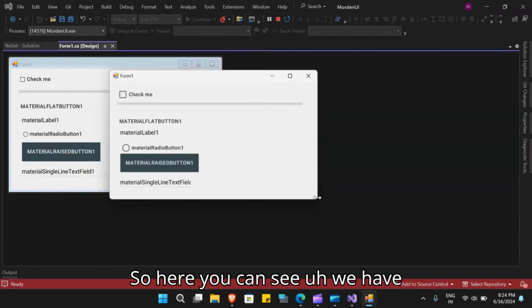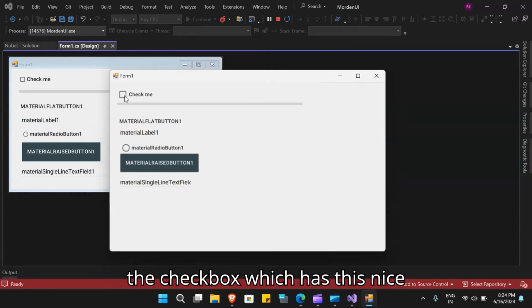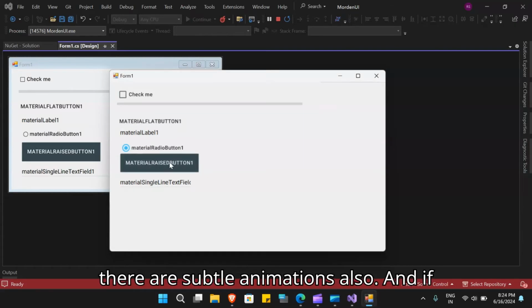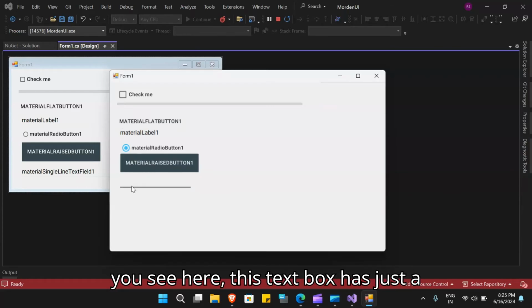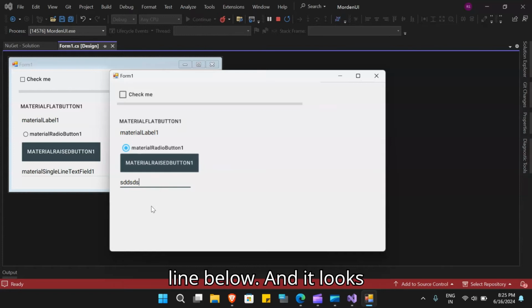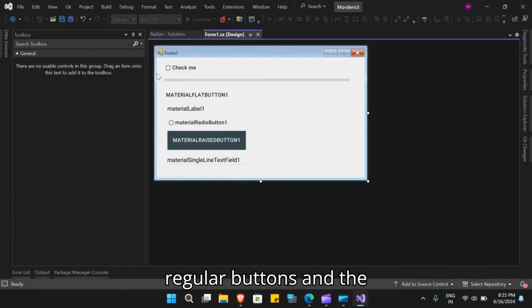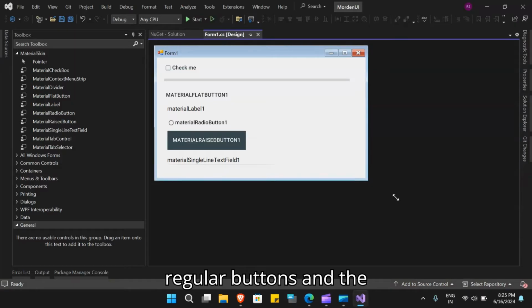So here you can see we have the checkbox, which has this nice animation, and then we have the material radio button and the flat button label and the raised button, and you can see there are subtle animations also. And if you see here, this text box has just a line below and it looks nice. So if you compare them with the regular buttons and the controls that